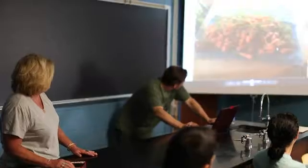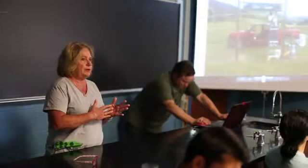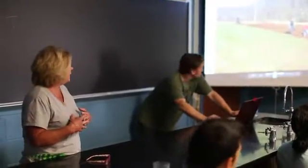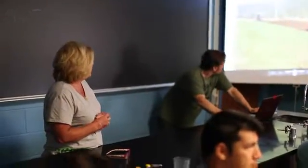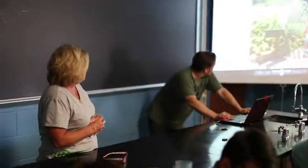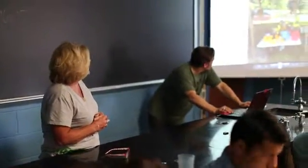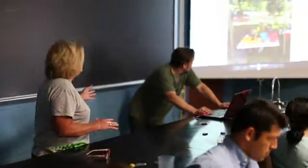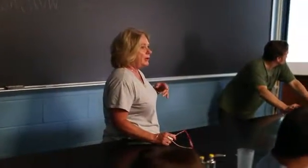Those kids raised those carrots. This is our community garden. That's another thing we've been able to leverage. We got a Grow Appalachia grant. I don't know if you all heard Michael Tierney talk, but Grow Appalachia is about putting foods in the hands of the people who need them, and that's our community garden. That's the cucumber tunnel. That's the pavilion we built, and our little kids take their vegetables to the farmer's market, and believe you me, a kid can get a lot more money out of a cucumber than